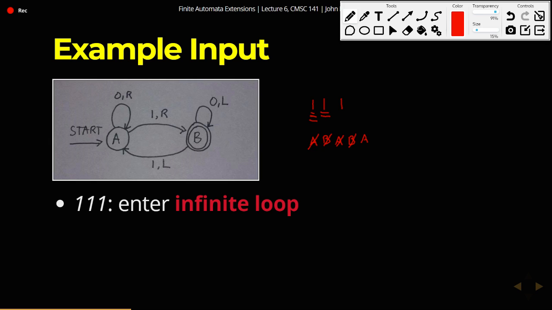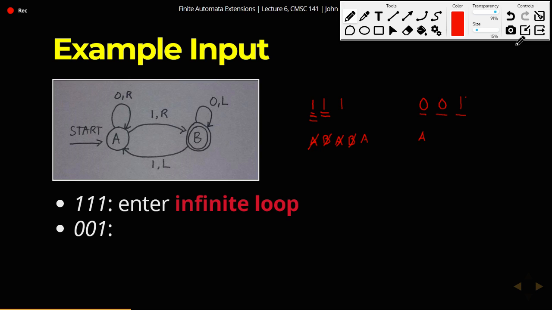So yeah, and then finally we have this input string 001. So what will happen then? We'll start at start state A. A on 0 remains in A, and then it will go to the right. So it will go to the second 0. Now, A on 0, again, remains in A, and you go to the right. So it still stays in A, and we go to the right.